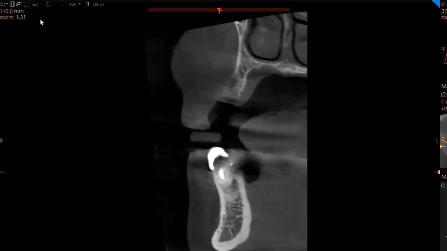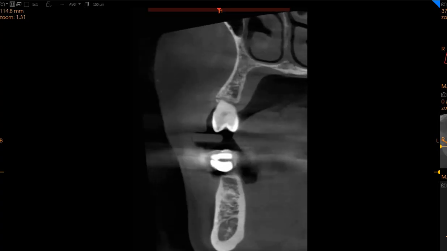Very thin ridge. This ridge is not very thick. We've got a ridge width of just 6 millimeters and a height of 16 millimeters. Moving to the region of the 5, the 5